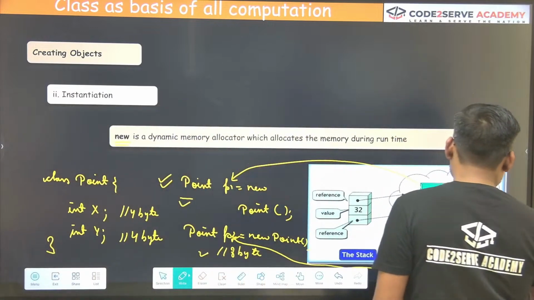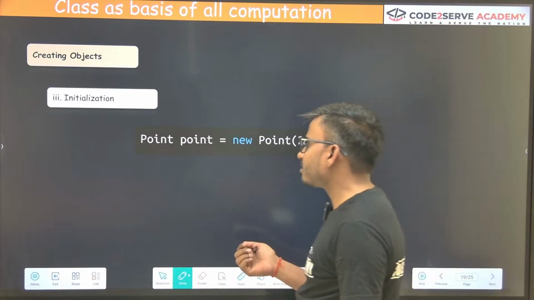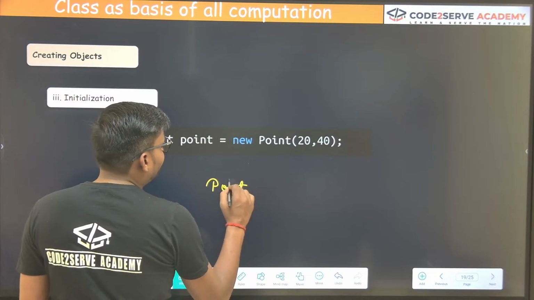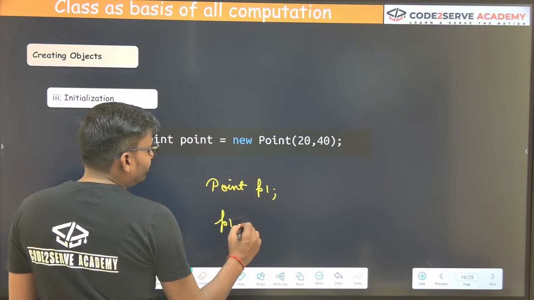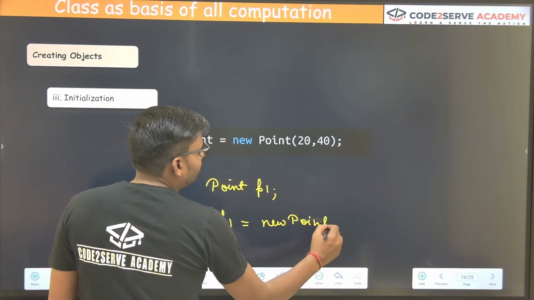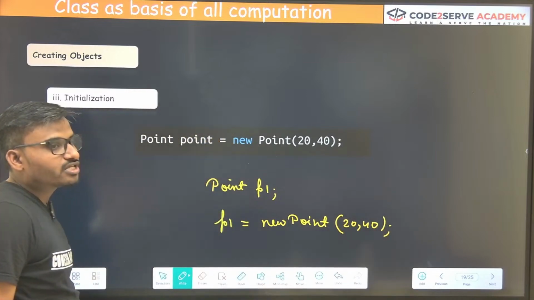Okay. Now next, initialization. You can do it in two steps. If you create a Point p1, and then you can write p1 = new Point. Got it? So using this, you can